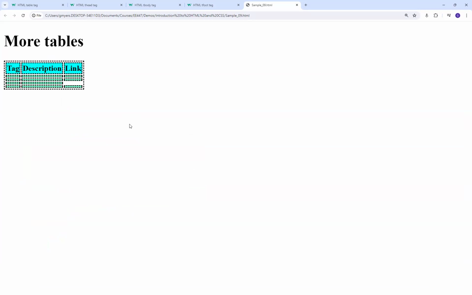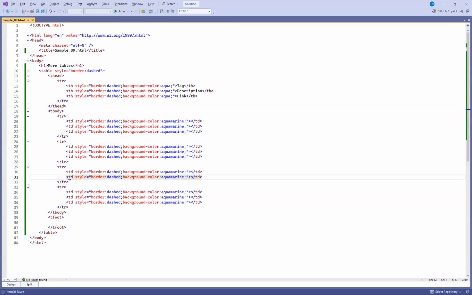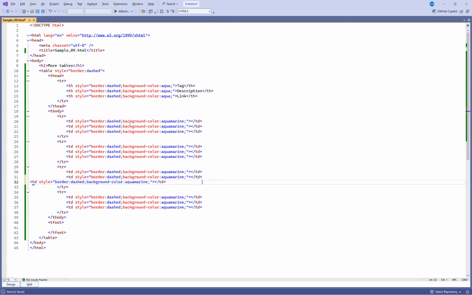So again, you can sort of see why I am doing it in this systematic way of copying and pasting an empty cell just to get started, so that I don't make mistakes as I go along. And again, as I mentioned in the earlier video, this is probably not a great way of styling your document because these inline styles have to be changed manually. We'll see later how we can style the entire document at the top of the document or in a separate style sheet based on the element type